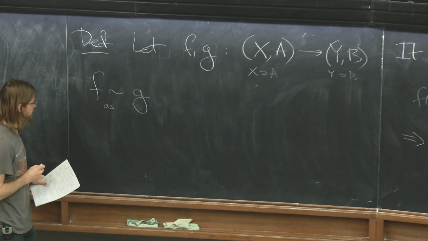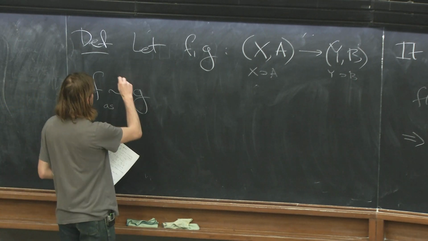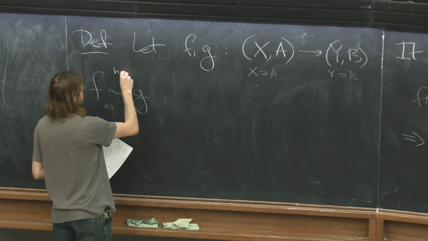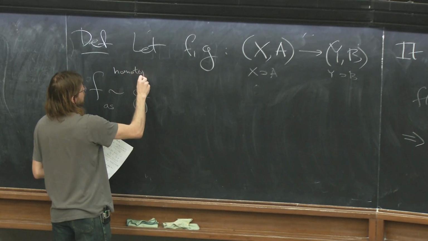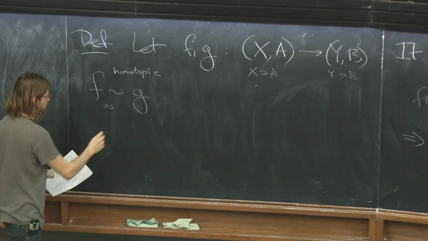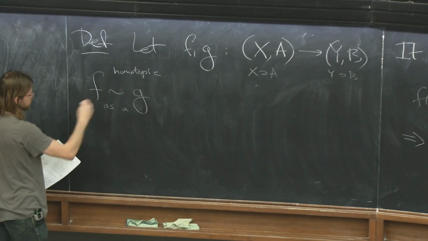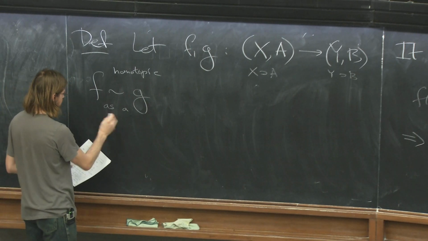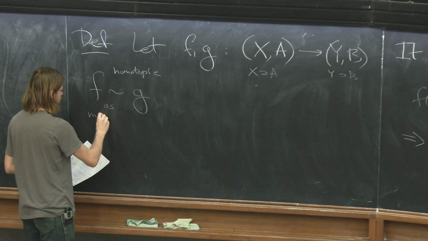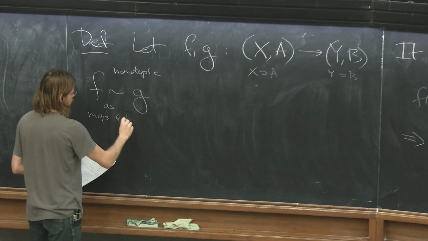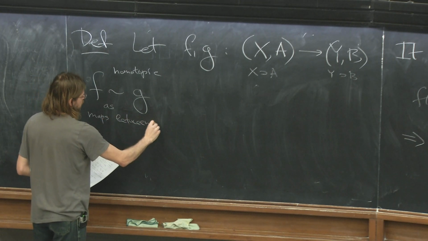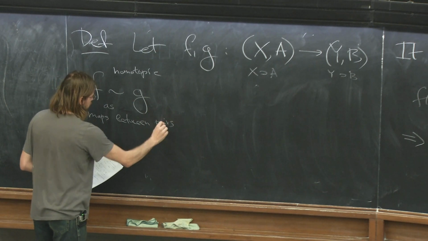So we say that F is homotopic to G, so F and G are homotopic to each other as maps between pairs,